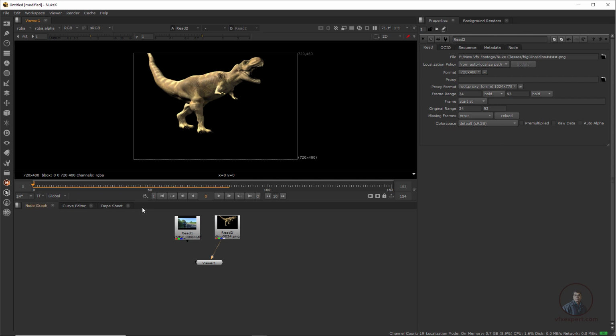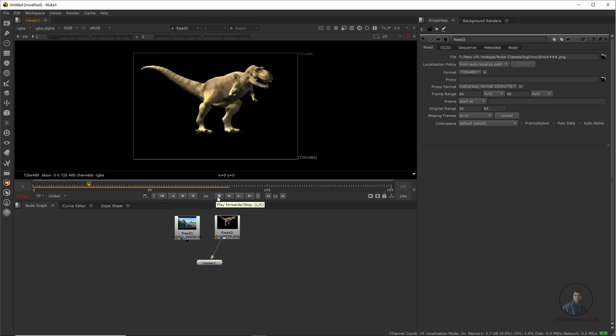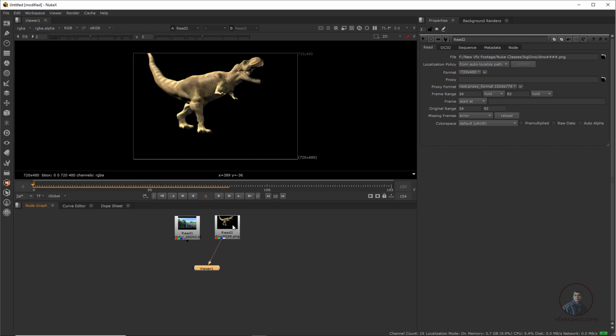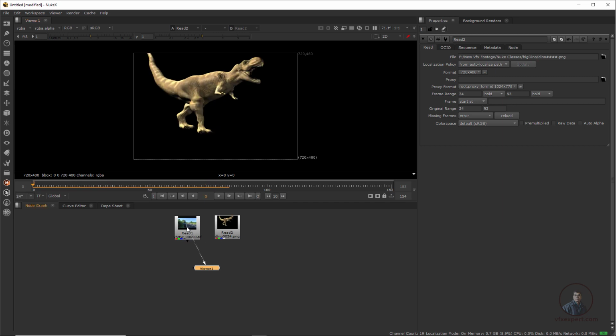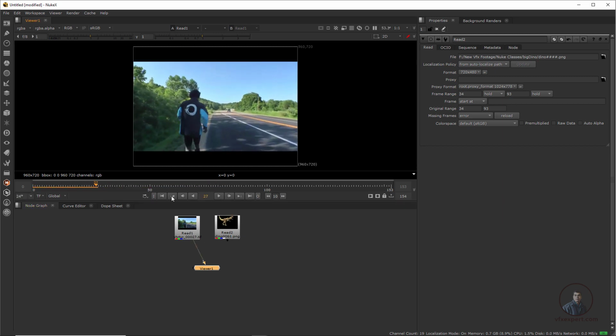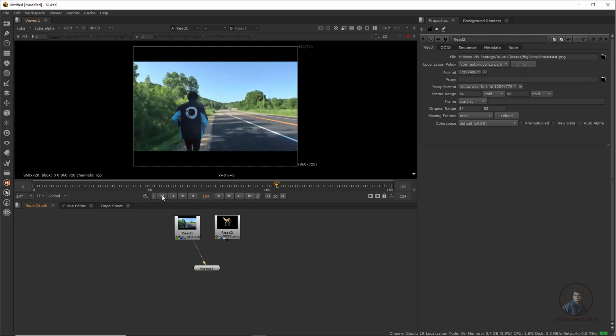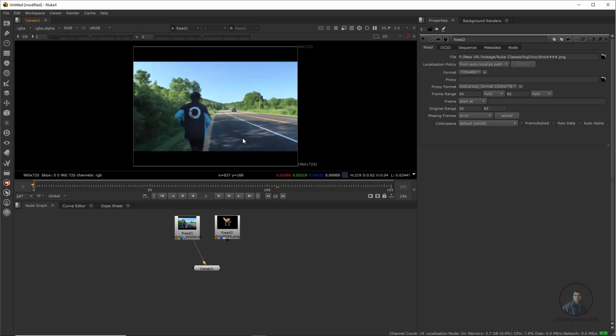So this is important. Global is the main important timeline inside our Nuke here. Now you can see this is also playing from the start of our global timeline. Like this, you can manage the starting frame of your video according to your global timeline. Again, just play and check here. This is looking good, and if you want to play this one, just connect and play this one also. Then next, we are going to see the shortcuts for playing here.